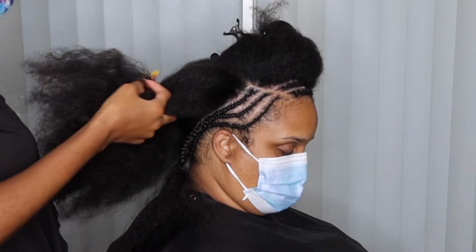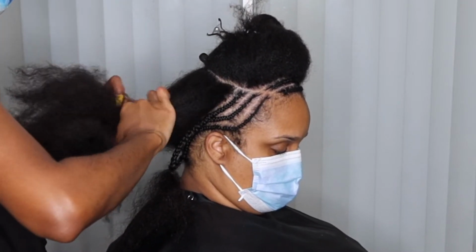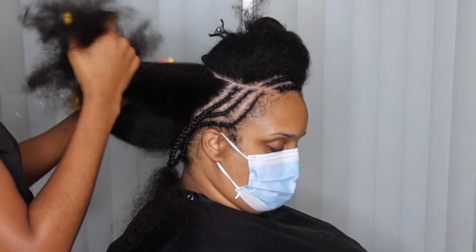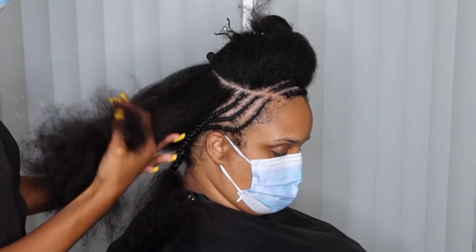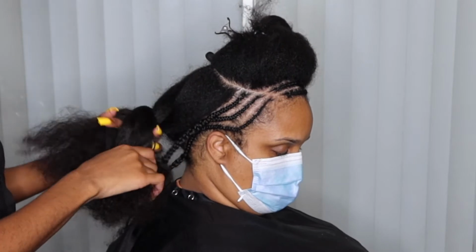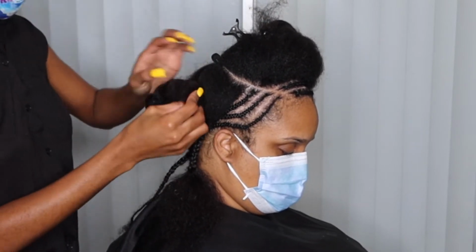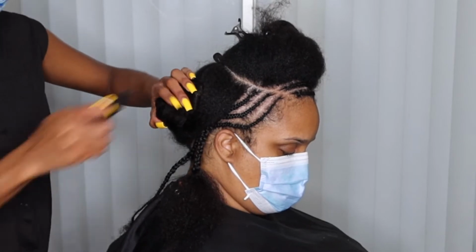So I leave out the hair so that when I am braiding, I could take the 3 pieces and divide them equally into the connecting braid, and then I just braid all the way down so that it'll be, you know, even. So I do like to work on one side, do like 1, 2, 3 braids, then go to the other side and just alternate,